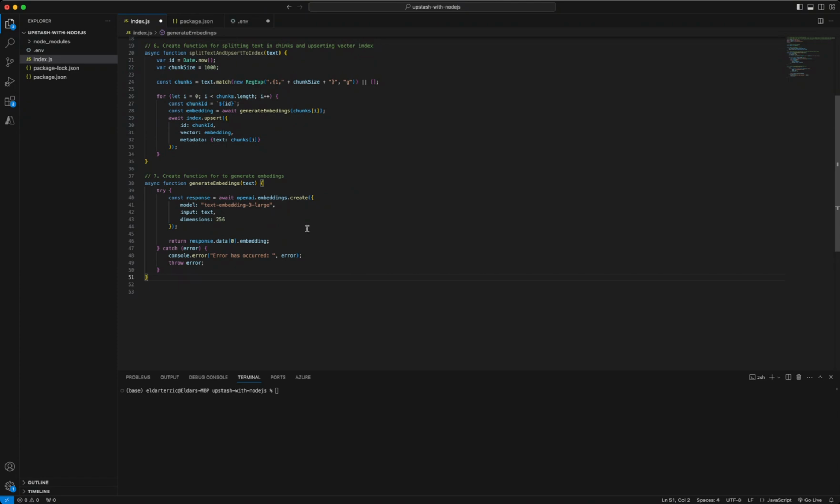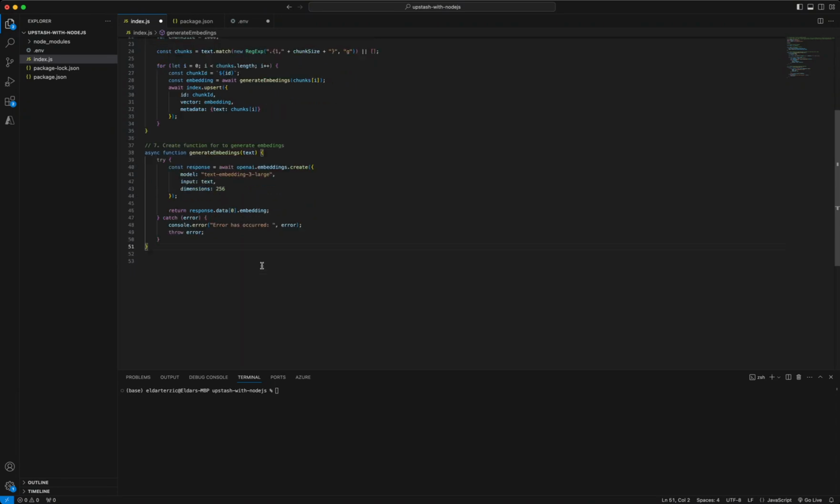For that, I'm using OpenAI's function, where I'm utilizing the text-embedding-3-large model. Input is going to be text and dimension is going to be 256. When the embedding is generated,